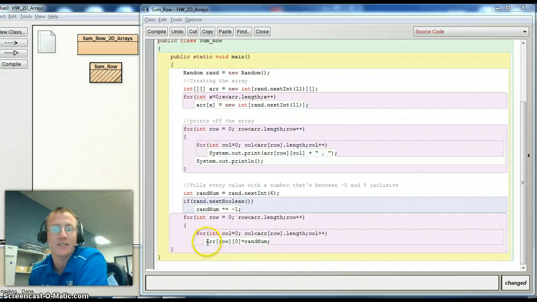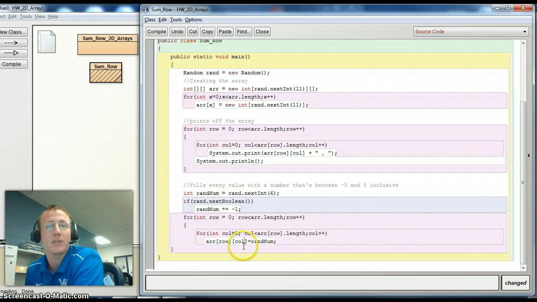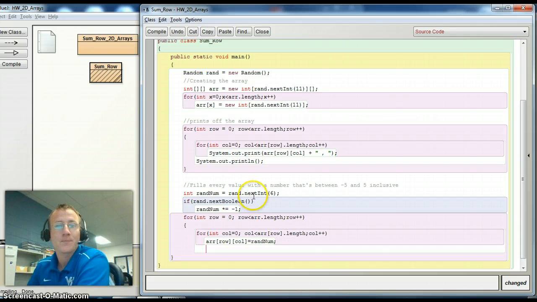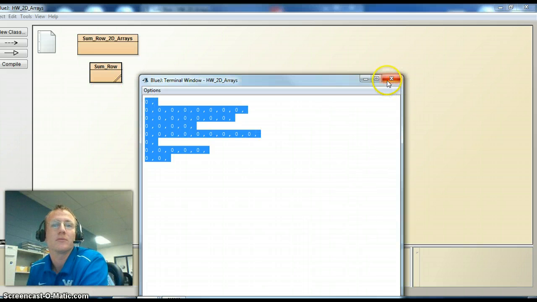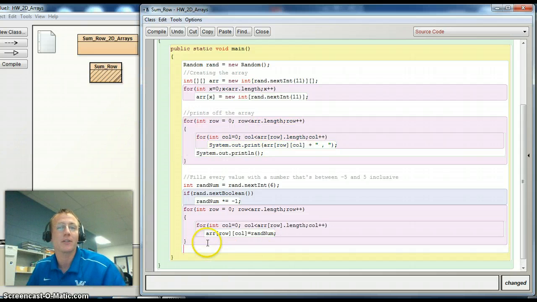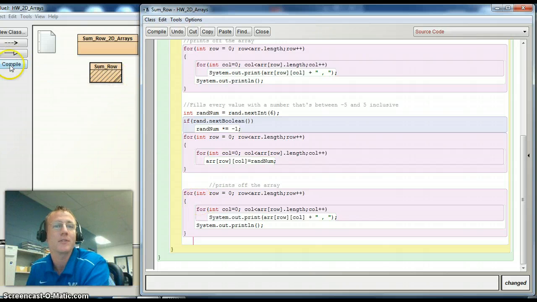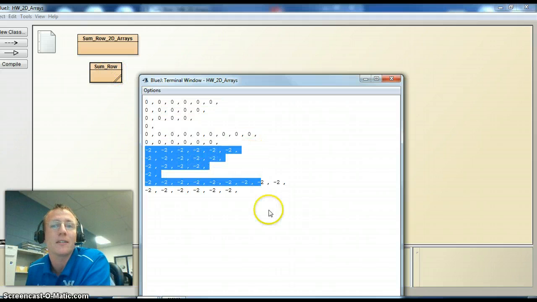Alright, so I said it's not at spot 0, 0 that you want your array to equal a new number, but at row and at column, where row is 0, column is 0 for the first loop, then this loop changes your column to 1, but still row, and so on. So in doing so, it should, well, we haven't told it to print off the array again, so after we fill it with new values, print it off again, and so here's our initial array, and here, uh-oh,